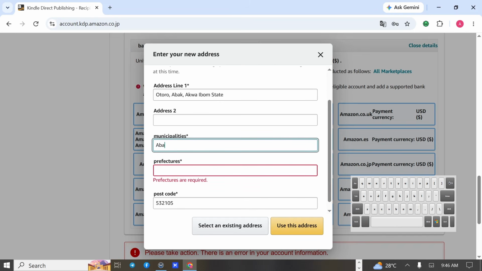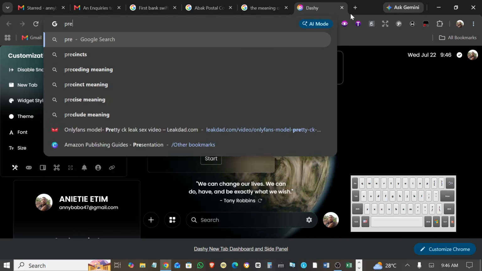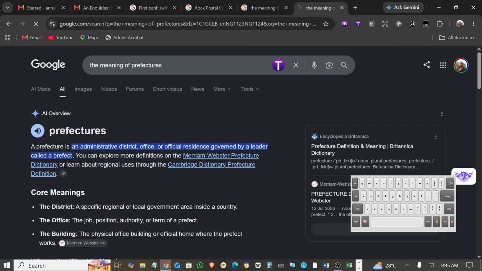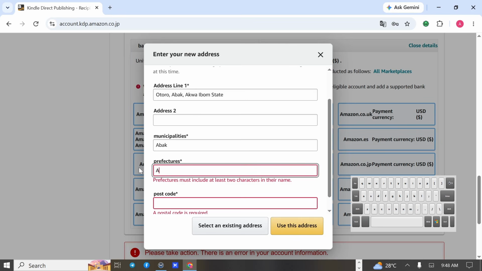Since this is a foreign account, it will show us some things that we may not understand. Prefectures. So if you do not understand any word there, just come to your browser and check it in your dictionary. Do you understand? Prefectures, the meaning of, it's often a Japan word, as you can see, because I'm using a Japan KDP account, right? It's an administrative district office or official residence governed by a leader called prefect. Okay, let me put a back here, which is my local government,